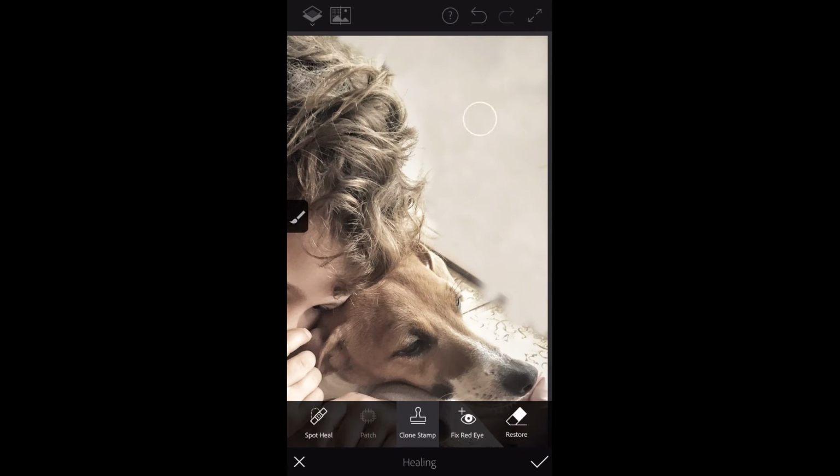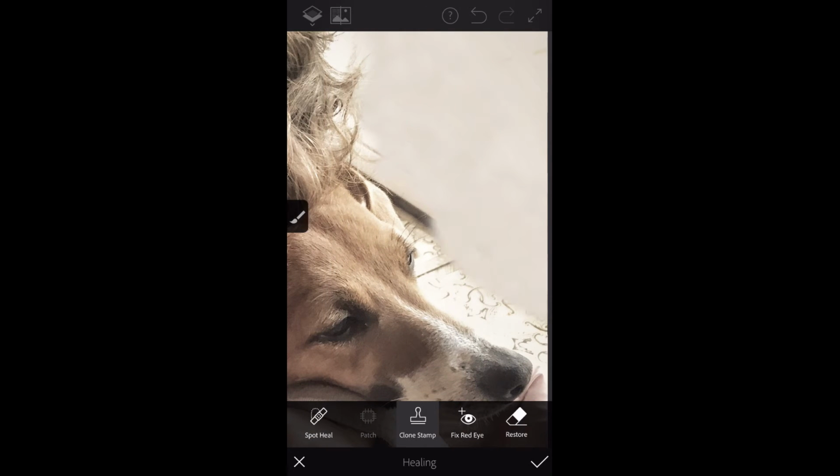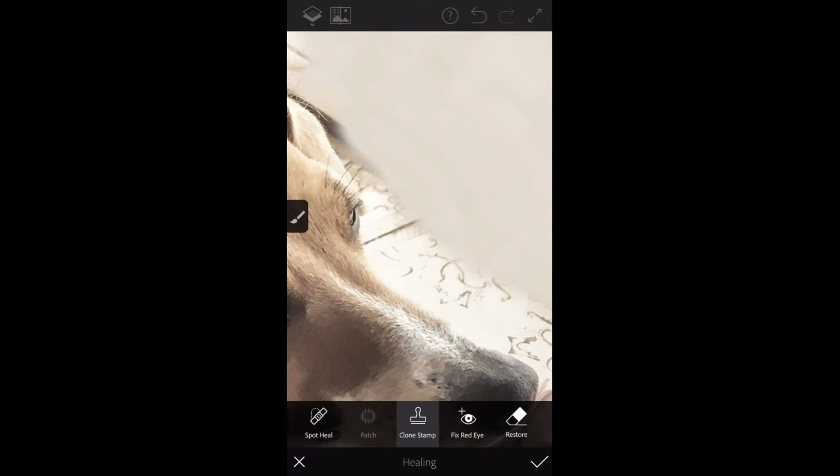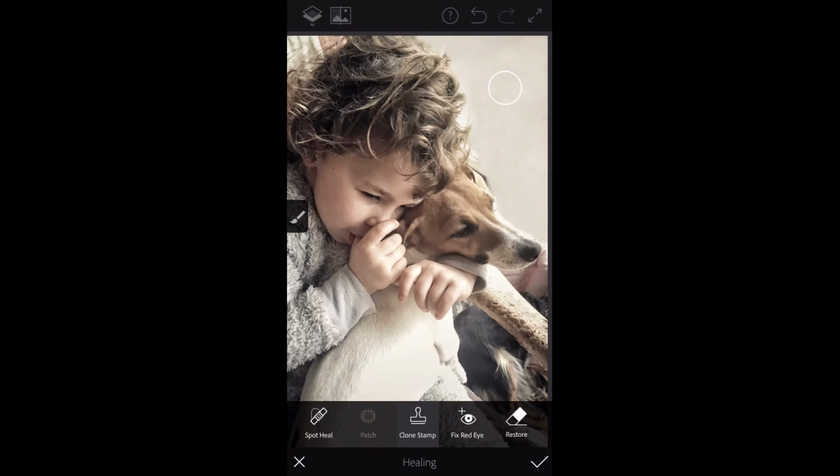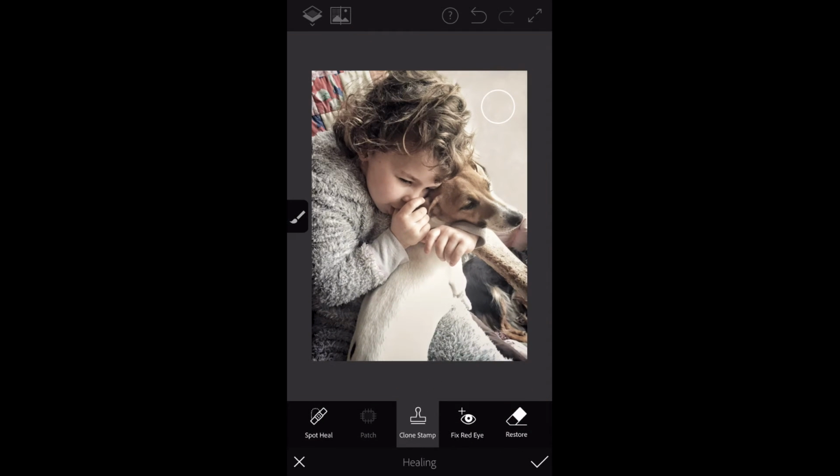So what I'm going to do is stick to cloning out the hard areas here, the areas that I know I'm really going to get rid of, and I'm going to give the actual edge a wide berth for now. So you see I'm leaving that edge, and there you go. I'm going to zoom out just to show you what I've done, a really rough, quick edit